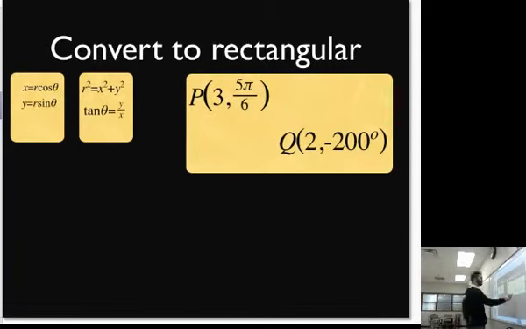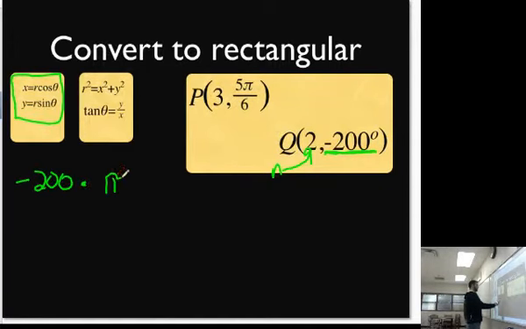Okay, let's look at Q. Once again, this is our R, right? And now this is negative 200 degrees. But we said for these equations, don't we have to be in radians? Yes. Okay, and negative 200 isn't a nice angle that we know how to find the cosine or sine of readily. So let's convert this to radians. So negative 200 times pi over 180